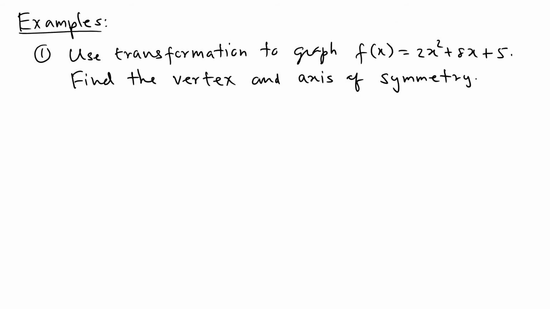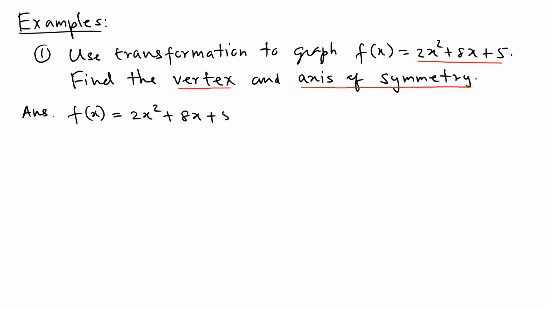It says use transformation to graph f(x) equals 2x squared plus 8x plus 5 and find the vertex and the axis of symmetry. So what we can do, we're going to start with the function and do the completing the square technique, which is 2x squared plus 8x plus 5. You can see that the coefficient of x squared is not 1, so we're going to factor out 2. So we factor out 2, you get x squared plus 4x, and then